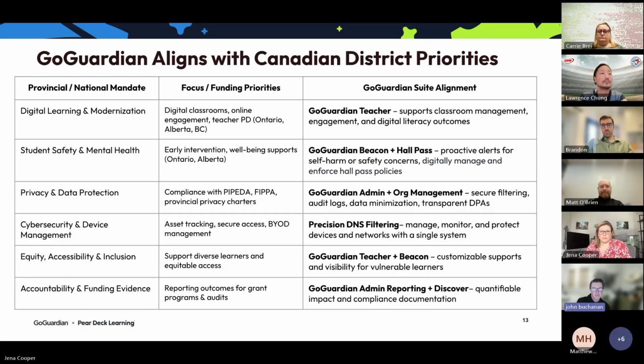Given that history, we sort of believe we understand the market and have aligned our product and roadmap innovation efforts with the priorities we understand to be paramount across all of the school boards there in Canada. This slide represents our effort to show all of you how we directly align to your priorities and your needs, representative of the product or the product suite that we have in order to support those priorities for you. So I'll just take a 1 second, Gina, just to allow this slide to sit for a second, because I know how important this particular slide would be.